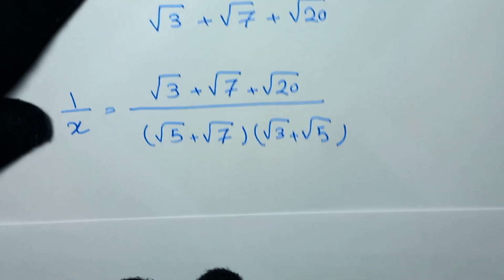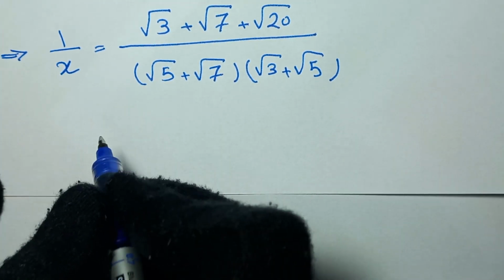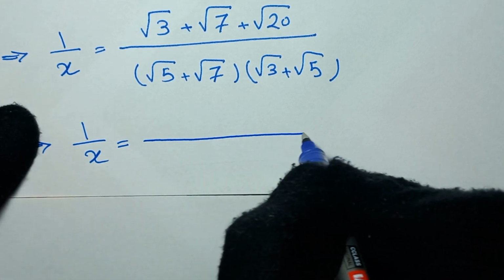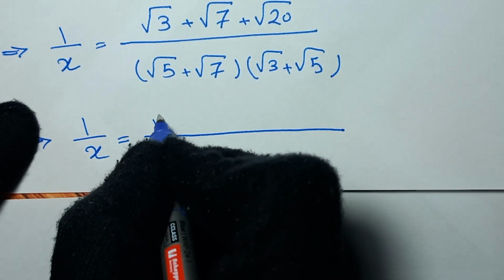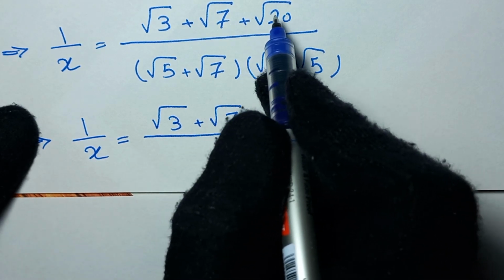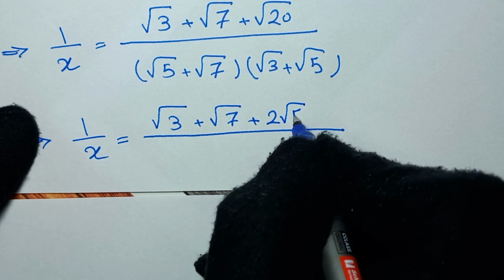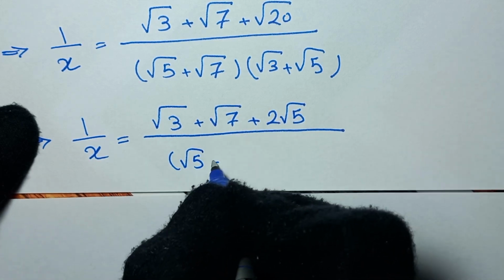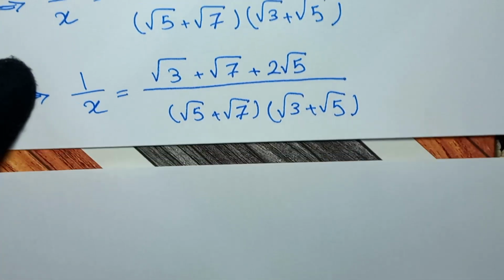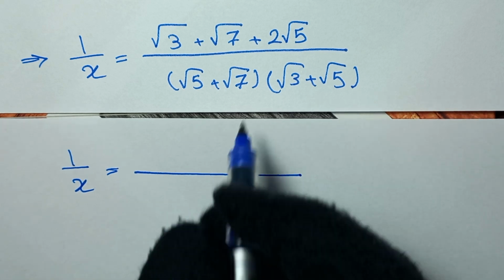So in next step, in here, we write 1 over x is equal to, in here we can write this numerator as square root of 3 plus square root of 7, and square root of 20, it will be 4 times 5, right? Square root of 4 times square root of 5. And square root of 4 is equal to 2, so it will be 2 square root of 5, right? And over square root of 5 plus square root of 7 times square root of 3 plus square root of 5. And in next step, it will be 1 over x is equal to, in here we can write 2